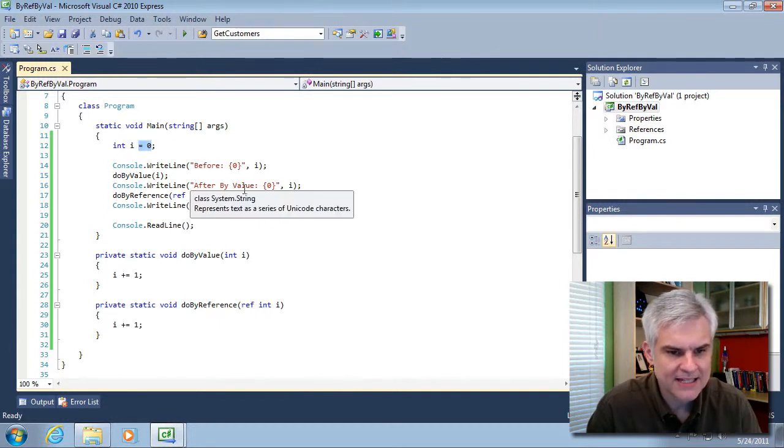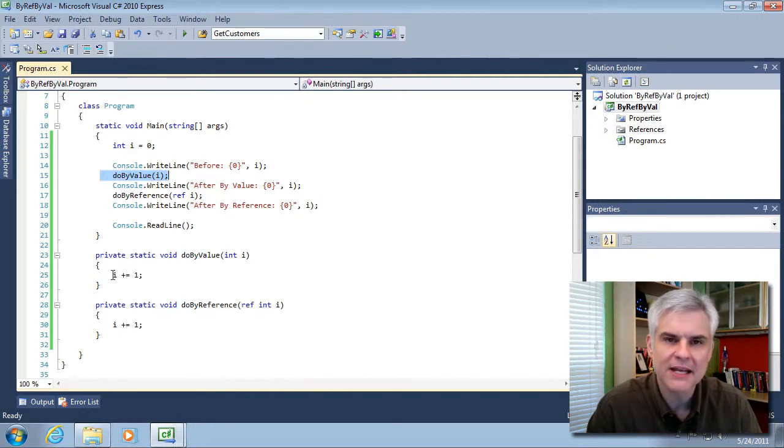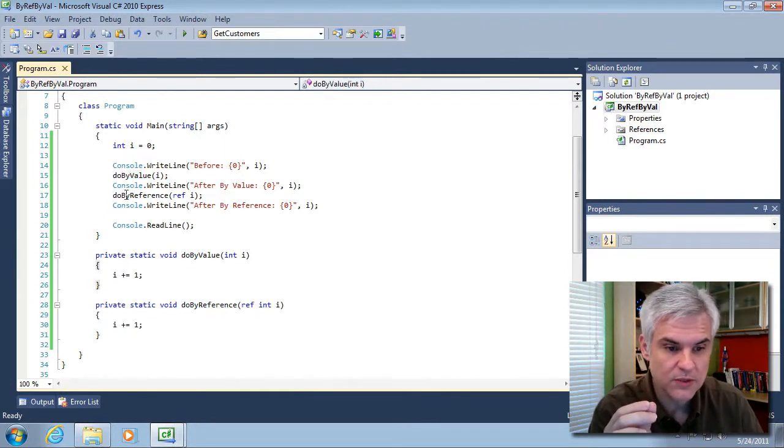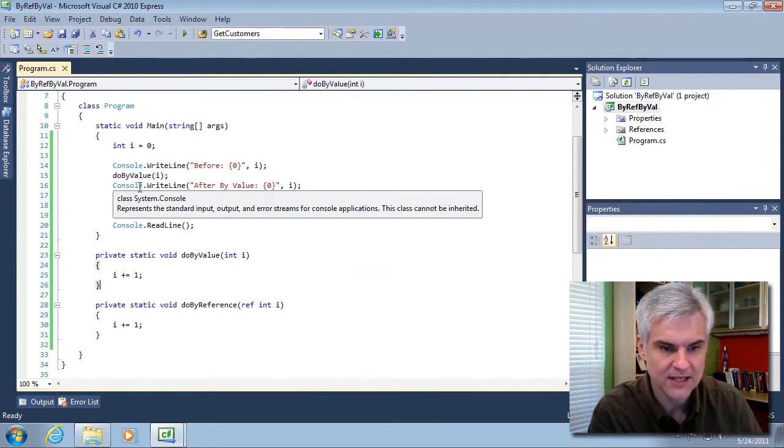Then I'm going to pass i to do by value. I've modified the body for these examples to be much simpler. I'm going to take whatever the value of i is and add 1 to it. So will i be 1 or will it be 0 after we pass it by value? Well, here again, we're only passing a copy of the value, not the value itself. So we would expect this to still be 0 once we come back out of our method and we get